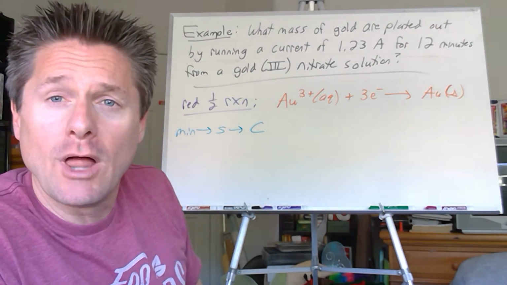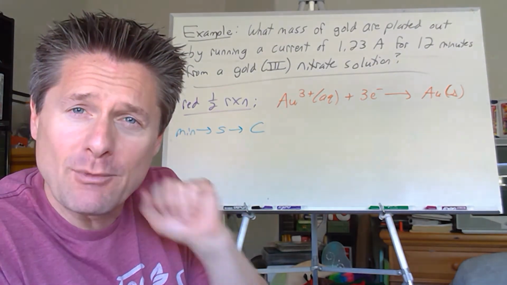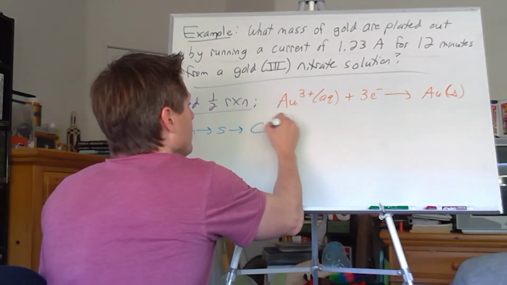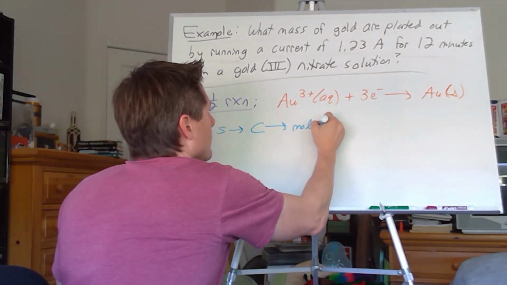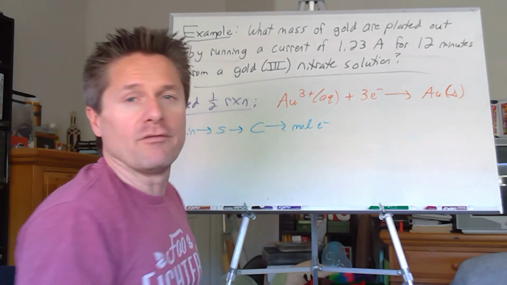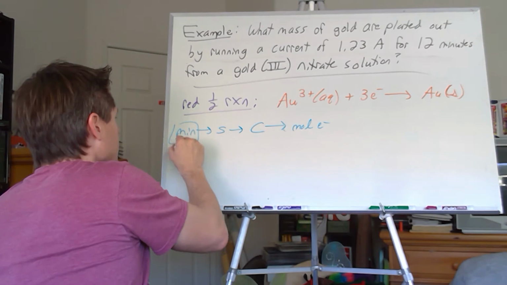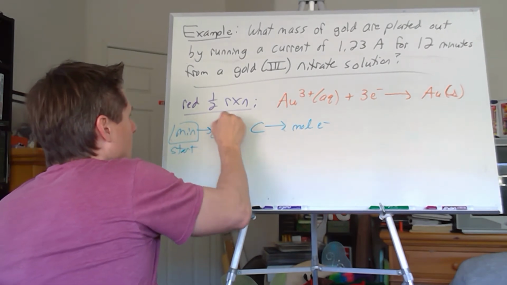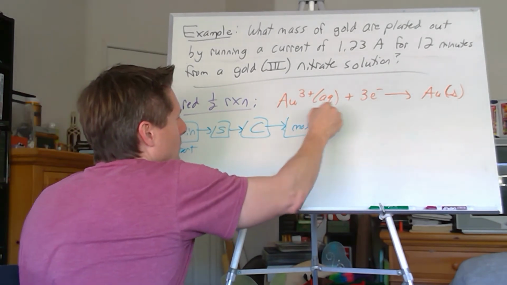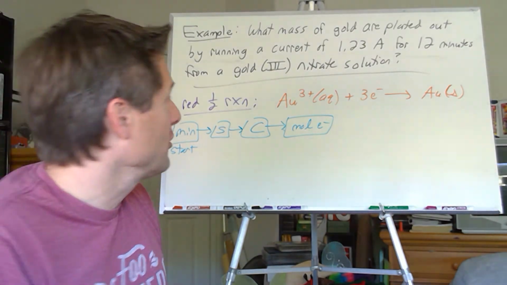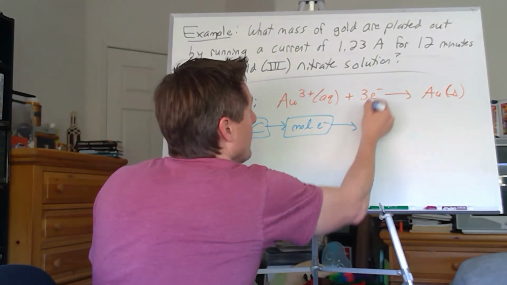We can get to coulombs. What's the total amount of electric charge that we jammed into there? Once we have the coulombs, you can get to moles of electrons using Faraday's constant, right? So start with minutes. Go to seconds, go to coulombs, go to moles of electrons, just like you would for any kind of dimensional analysis journey. Once we have moles of electrons,